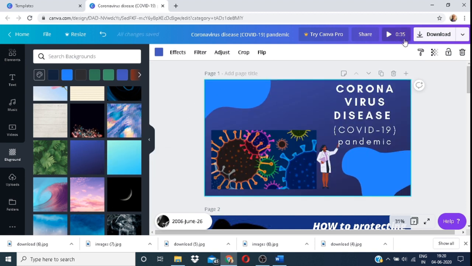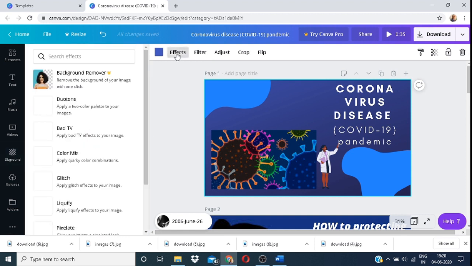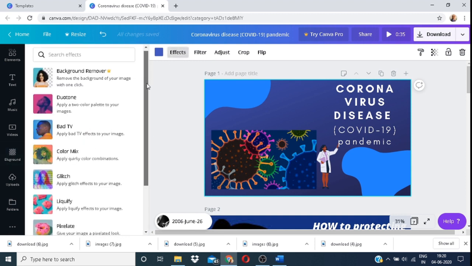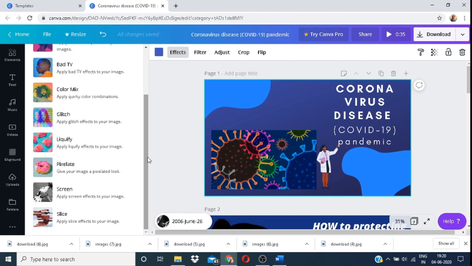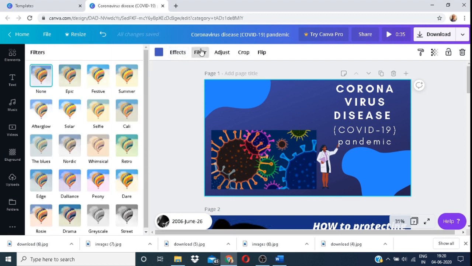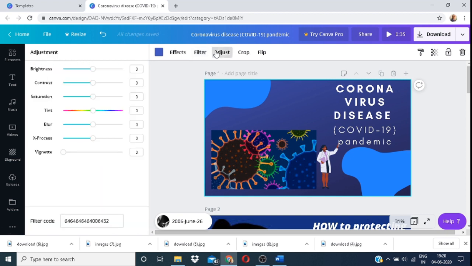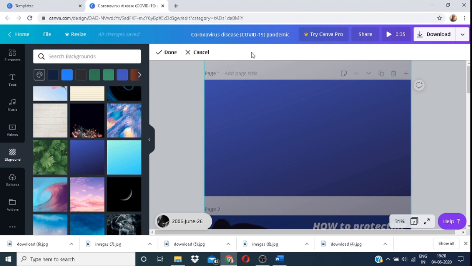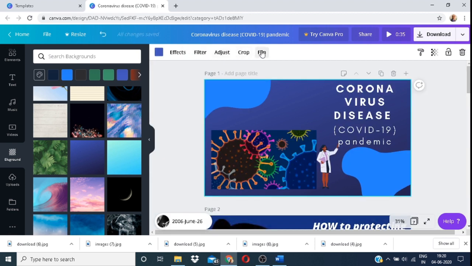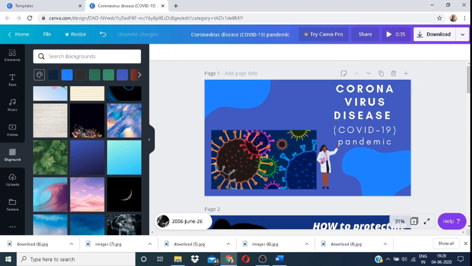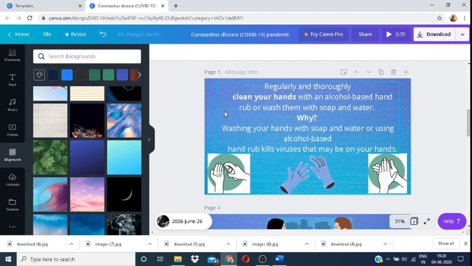Indigo gradient. There are some effects that we can add. There is no end to customization with this app. You have so much that I cannot comprise it in one video. There is so much you can do. You can flip it, you can grade, you have transparency which you can grade according to your needs. There is so much to it. One video cannot suffice. So I think I'll have to go and edit the background to every slide.